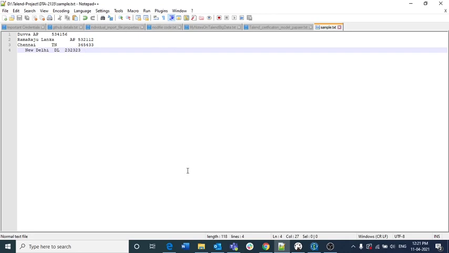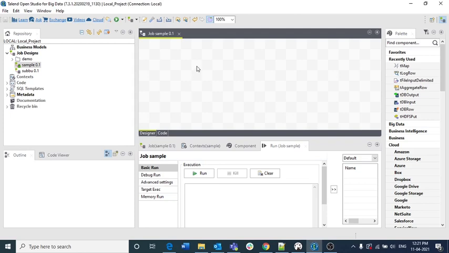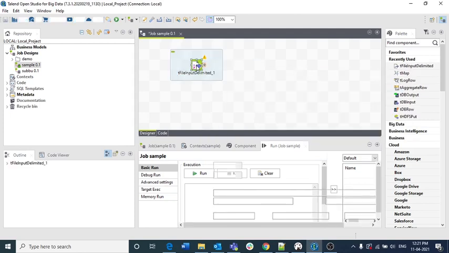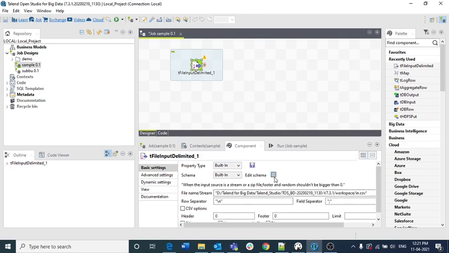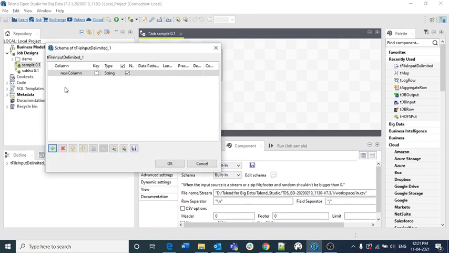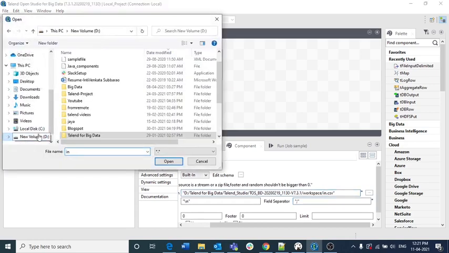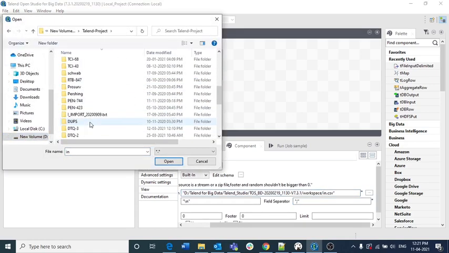So for that, again I am picking up tFileInputDelimited, taking the same file again, but here I am just making it address as a string. I don't want to mention multiple columns over here, and I am going to the place where the file exists.